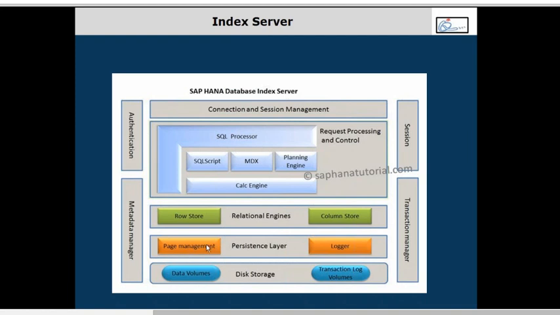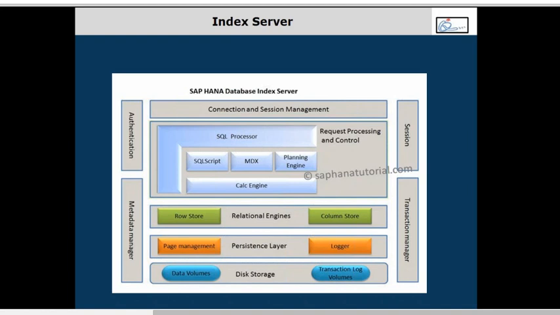Look at this. In the persistence layer, you'll have page management and something called logger. What page management does is, main memory is organized by pages, 8-bit page or 16-bit page. Let's say you insert some new record into a table, and the record sits in main memory. So will it update a certain page?